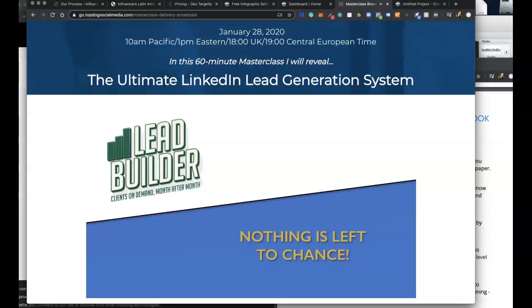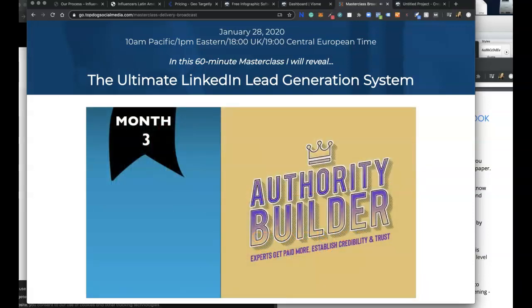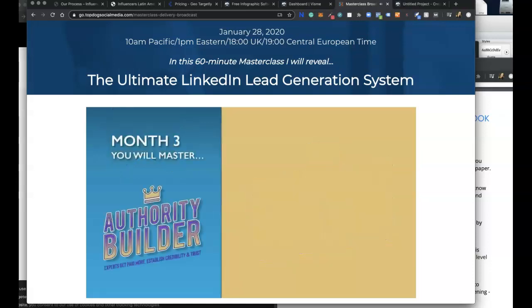And finally, in month 3, we'll go through the Authority Builder. In the 3rd month, I'll teach you how to build authority, credibility, and trust with the right content strategy. This will really help you to nurture your prospects and keep you top of mind with the right people. During month 3, you'll learn how to use the right content to build your authority, including how to